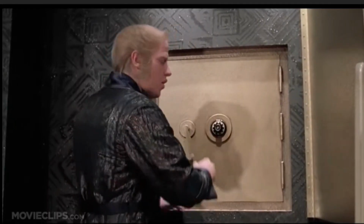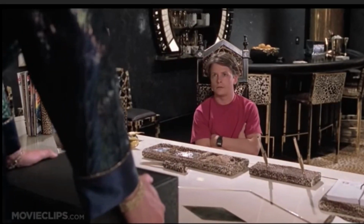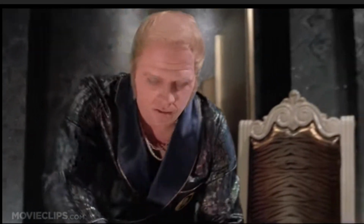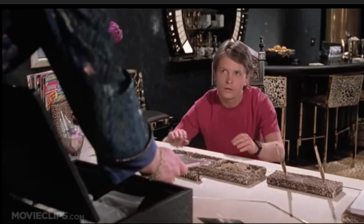So there I was, minding my own business. This crazy old codger with a cane shows up. He says he's my distant relative. I don't see any resemblance. So he says, how would you like to be rich? So I said, sure. So he lays this book on me. He says, this book will tell me the outcome of every sporting event till the end of the century. All I have to do is bet on the winner, and I'll never lose. Oh, and he told me one more thing. He said, someday a crazy, wild-eyed scientist or a kid may show up asking about that book. And if that ever happens...